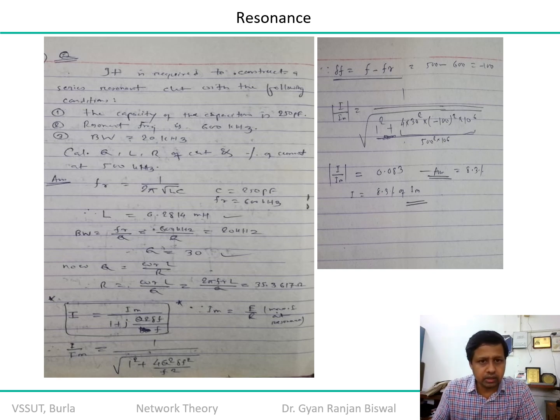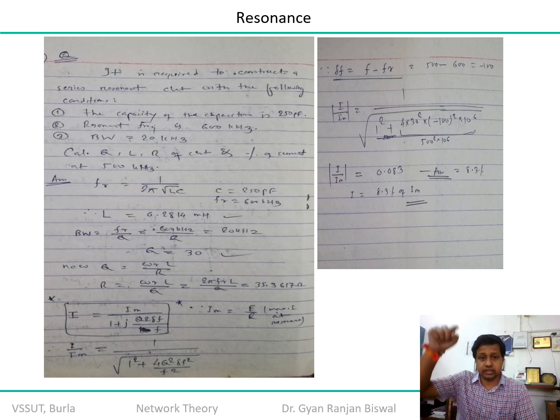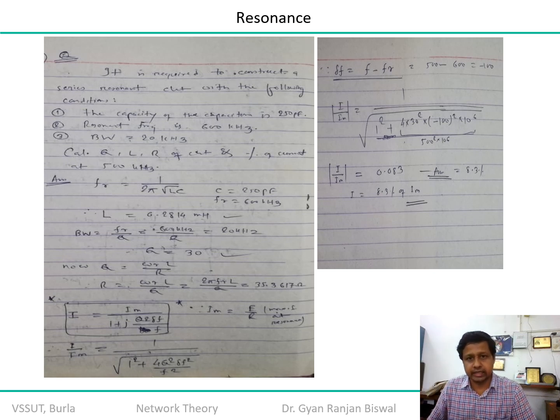And from there, what else is mentioned? Yes, percentage of the current at 500 kilohertz. 600 kilohertz is the resonance frequency. So what is the percentage of current at 500 kilohertz? At 600 kilohertz, remember, is the resonant frequency, so that is the maximum current you are getting, IM, highest quality factor. So what is it at 500? That means the value of current is decreasing. One thing is very sure. So how much is it?